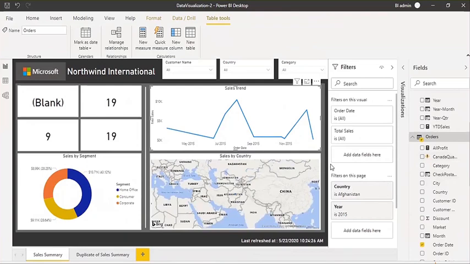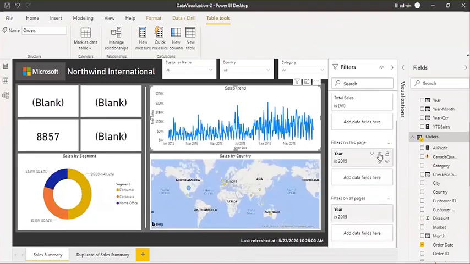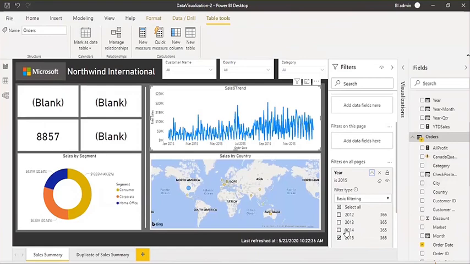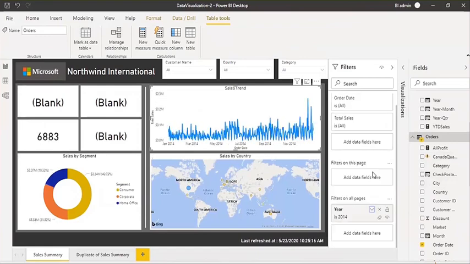Another good thing is, sometimes what happens, you have displayed the data on all the pages for 2015. Got it? But now when you deploy this report on Power BI service, your users will have the flexibility to just go here and change the filter. Instead of 2015, they can choose the data for 14. In case it's a business requirement and they want to change it, then you can allow them to change it.